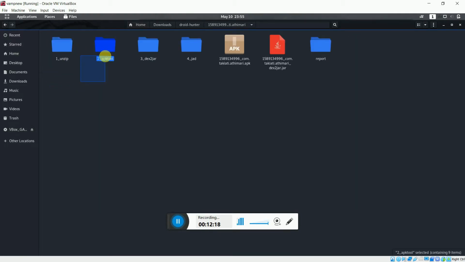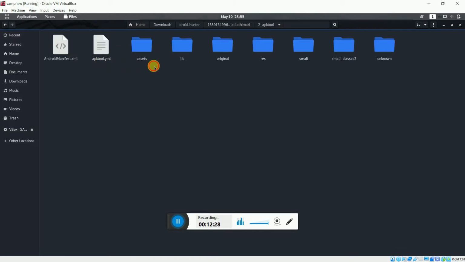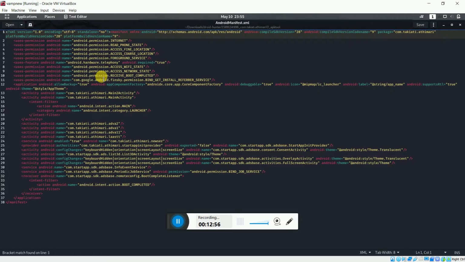Okay, internally it's using APK tool. That's why you get another folder by the name of apktool, and I'm damn sure it consists of all your decompiled files, all the classes and everything, along with your XML. So let me open this XML file, and it's the same one, and you can see what permissions this APK will ask for. It will read the phone state, location and everything. Okay, let me close this part.